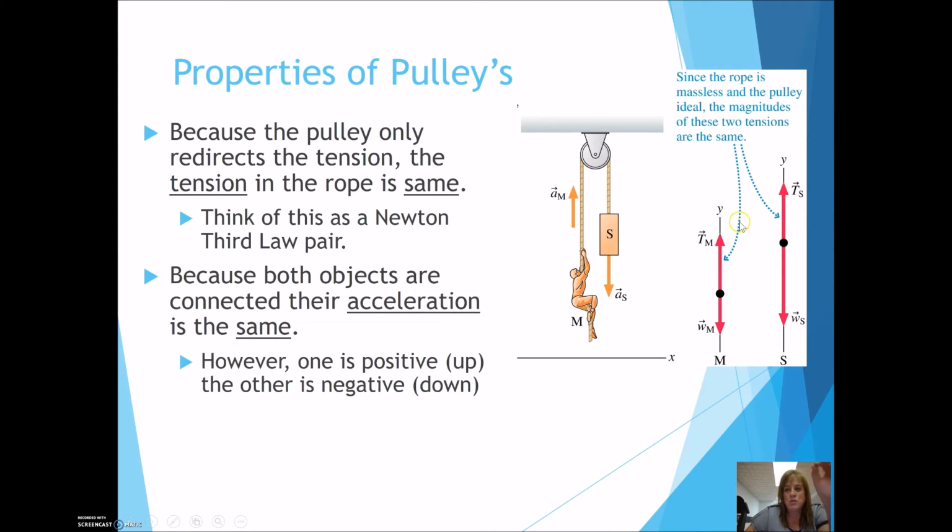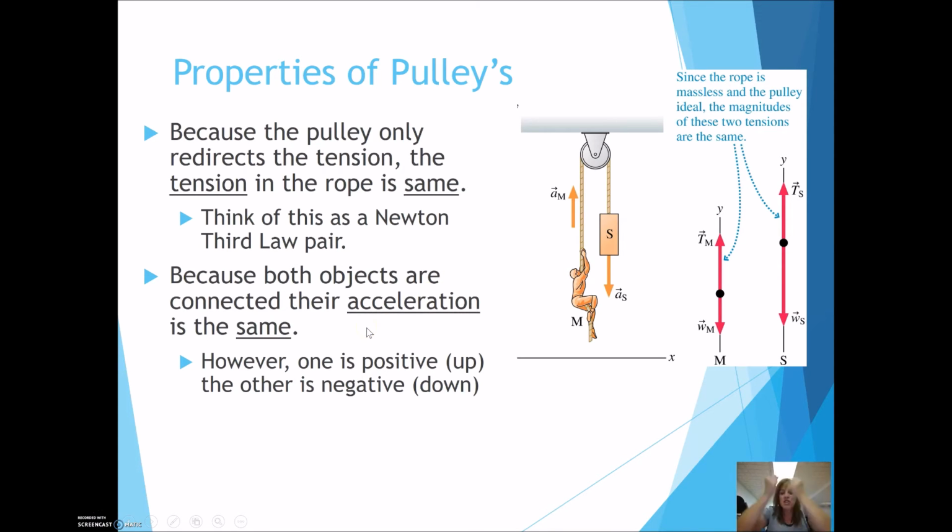Notice they're the same in direction in this case. All the pulley is doing is just redirecting that tension force. So think of this as a Newton third law pair, equal but opposite, although they're both pointing up, but equal force vectors. Now, the other thing that's really important to know about pulleys is if there's acceleration with a pulley,